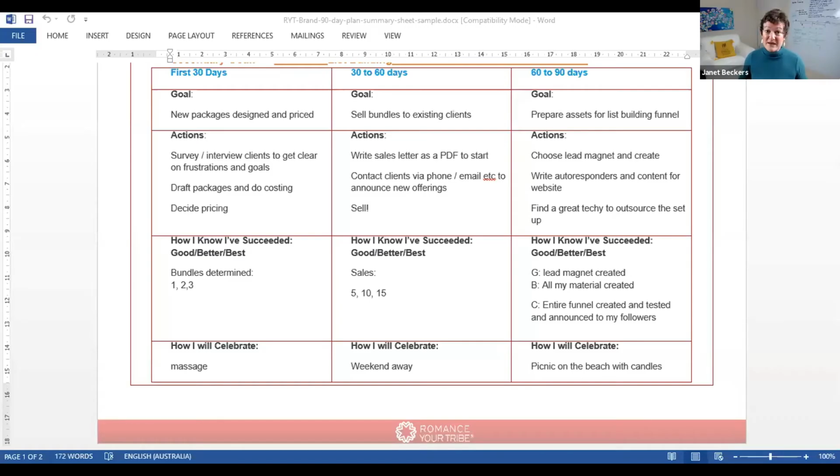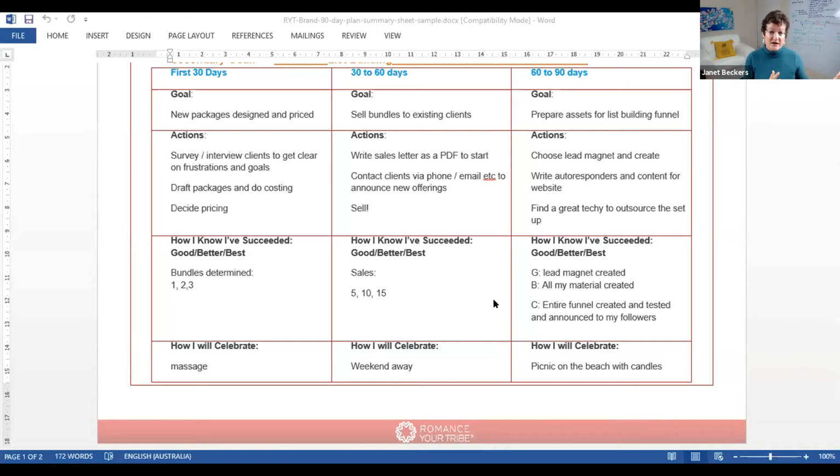And go back over here to the summary. And so you can see here, all right, so now we're going to sell. This is the exciting part. So we're going to sell to an existing client, but we are not going to go to the whole effort of creating a whole sales page. We're not going to go to the effort of getting all that technology set up.